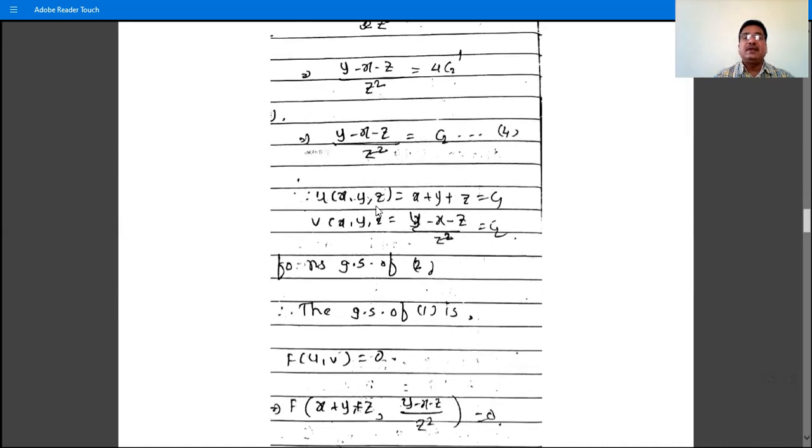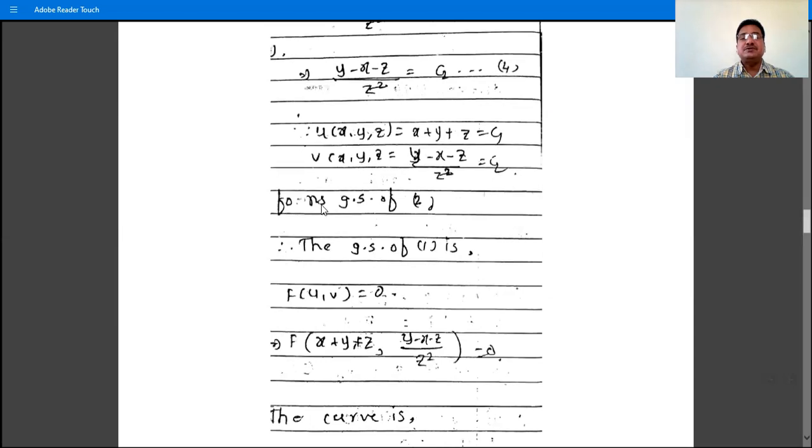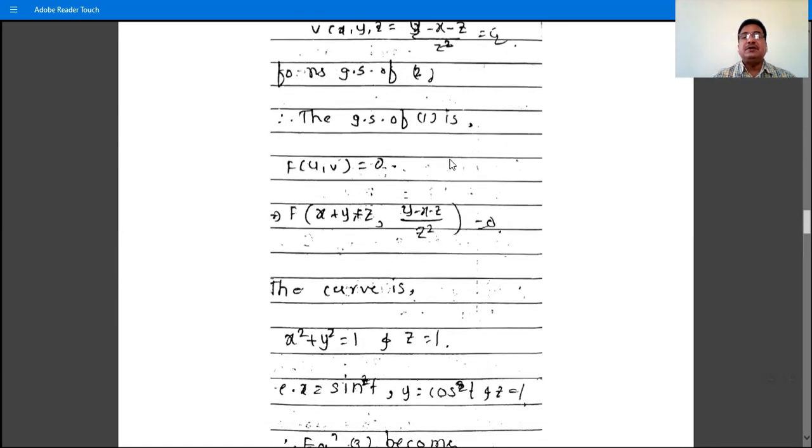equation number 4, and then u as the equation number 3 and v as the equation number 4, that is (y minus x minus z) by z square is equal to c2, and these two form the general solution of the equation number 2, that is the equation of the form dx by p, dy by q, dz by r. Then the general solution of the given equation 1 is what? F of u, v is equal to 0. That is F of (x plus y plus z, comma (y minus x minus z) by z square) is equal